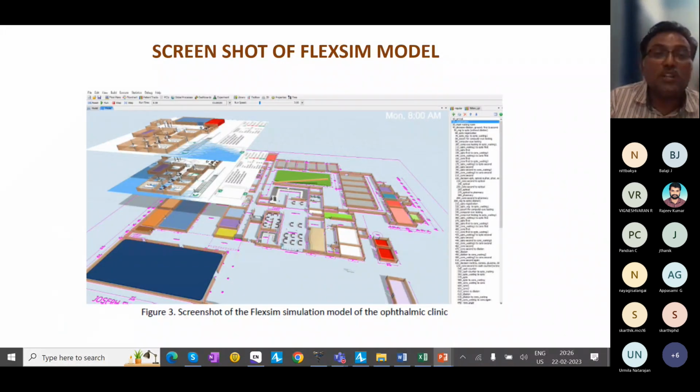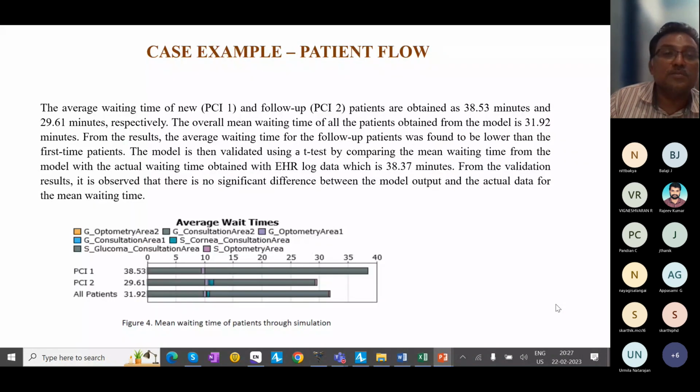And this is actually the healthcare model developed with a software called Flexsim. And next week, when you come for training, 2 days, we are going to train you on this. And you'll be getting a 6 months license free for this software, right? So you can see here, this is the ground floor, first floor, second floor. This model was built by a PG student along with the research scholar, right? And the right side is showing the patient flow, right? We need to define this.